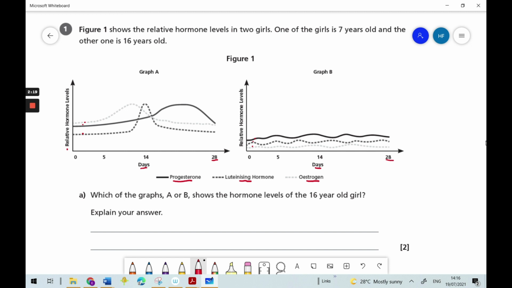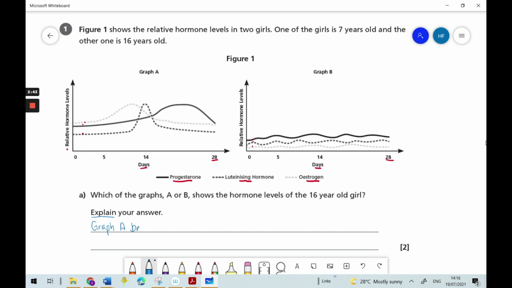So let's have a go at putting that into an answer. So remember, firstly, we need to give the name of the graph we believe to be the 16-year-old girl. And so we can put in graph A down here. And now we need to explain. So I'm going to put graph A